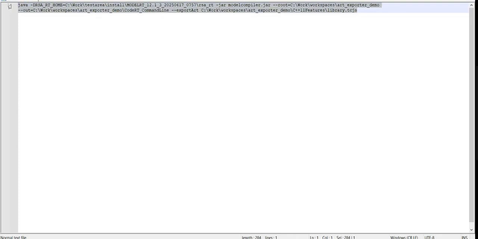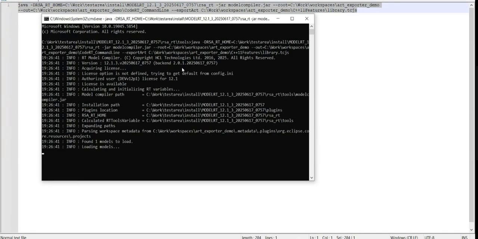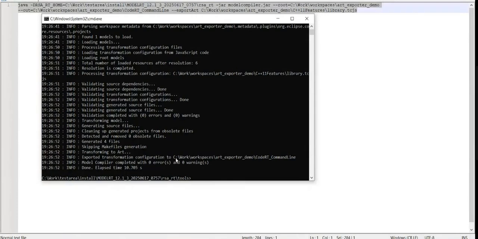If I try to execute this command from the command line, this invokes the model compiler with the export ART option. Once the export is done, this is the location where we would have the contents exported to.